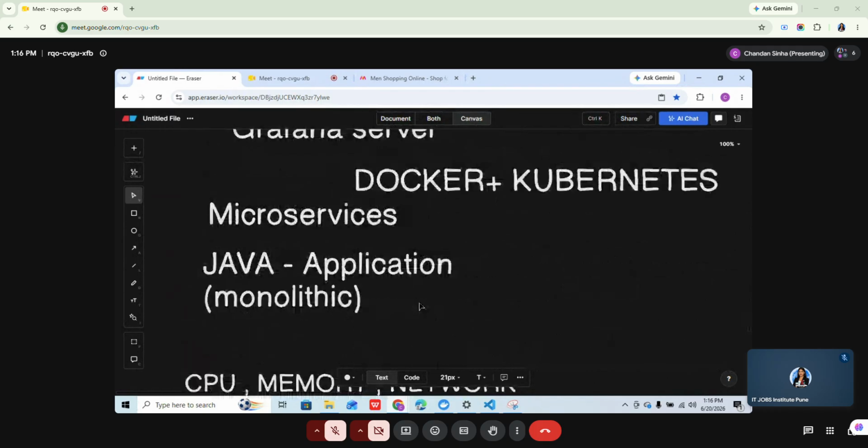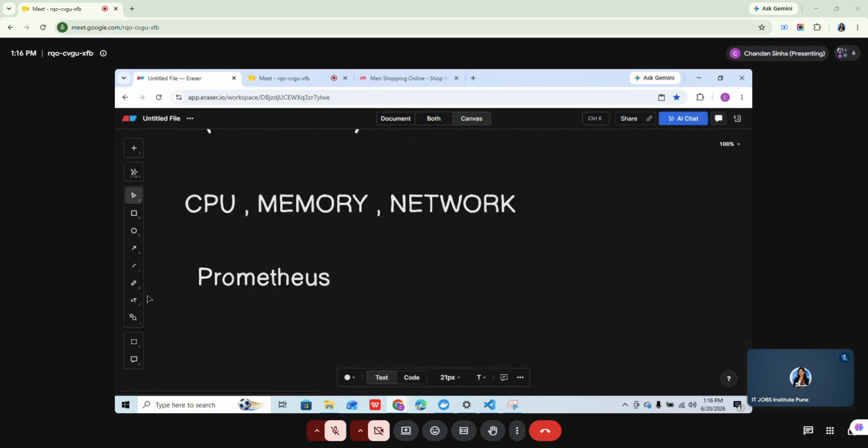So, Chandan, Prometheus and Grafana, right? So, how these two